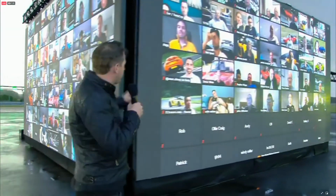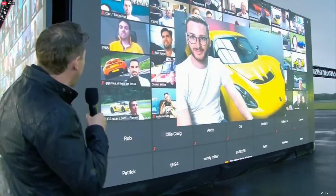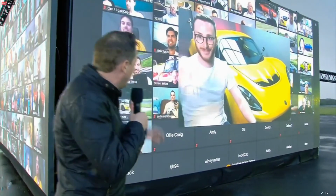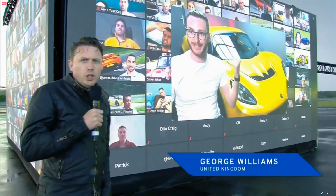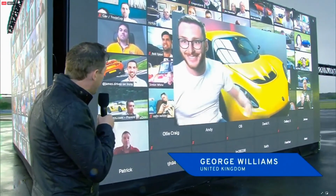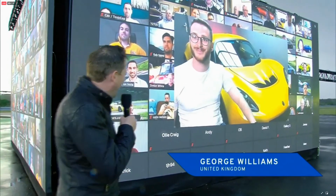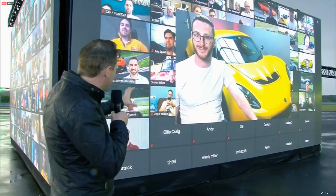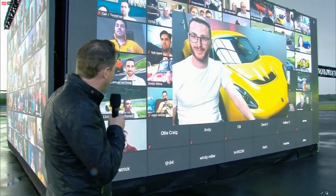Lastly, let's see who's on this huge wall. I believe it's going to be George Williams. George, are you there? Hey, George, how are you doing? You're a professional photographer, is that right, George? I am indeed. Excellent. And you also... You can see next to me. Is this yours? It is indeed. Oh, lucky man. How are you feeling about the Emira? Clearly you haven't seen it yet, but is it something you're already excited to photograph? I am